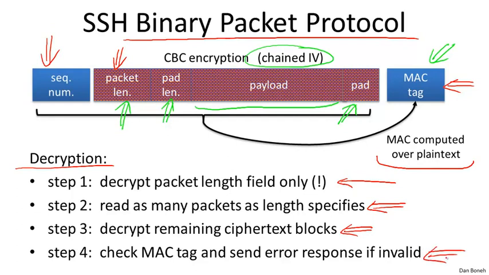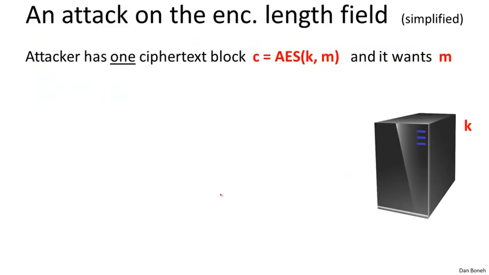Now the problem here is that the packet length field is decrypted and then used directly to determine the length of the packet before any authentication has taken place. In fact, it's not possible to verify the MAC of the packet length field because we haven't recovered the entire packet yet, and as a result we cannot check the MAC. But nevertheless, the protocol uses the packet length before verifying that the MAC is valid. So it turns out this introduces a very, very cute attack, and I'm only going to describe a very simplified version of this attack just to get the idea across.